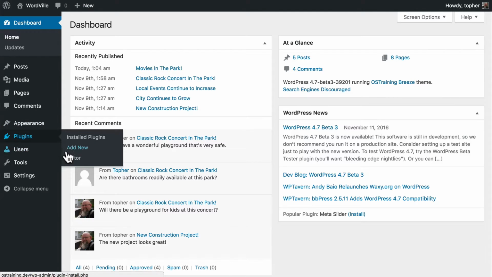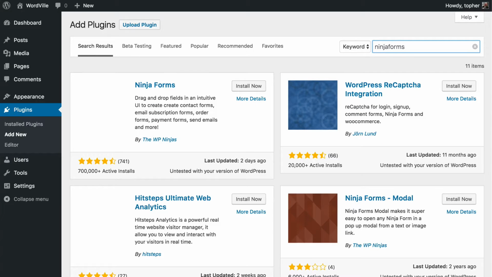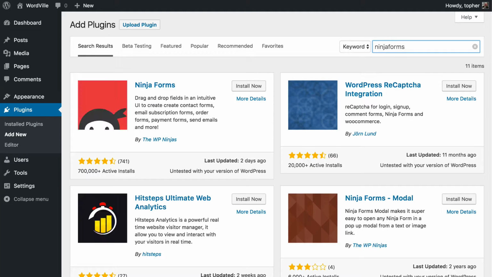So let's go to Plugins, Add New, and the one we're going to use is called Ninja Forms. Now there are actually several really excellent Forms plugins, and we'll take a look at those at the end of this video. I like Ninja Forms because it's freely available in the WordPress plugin repository, and it works very well. So let's click Install Now